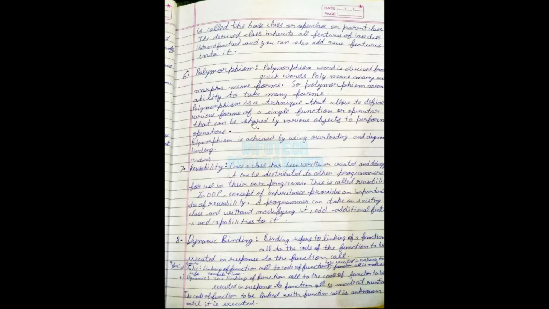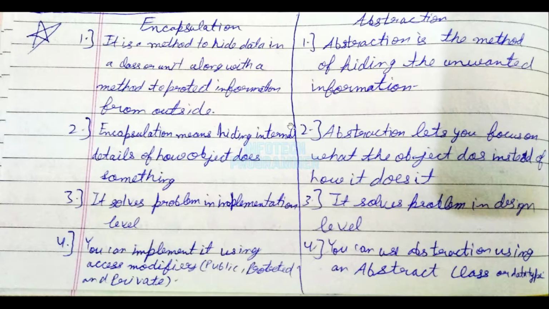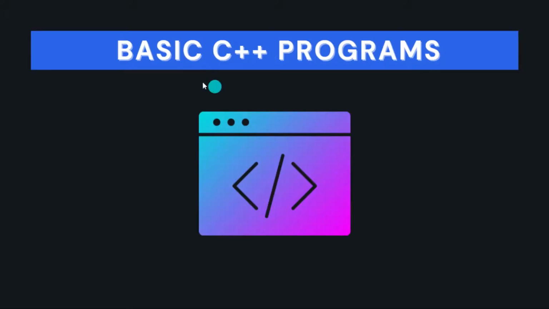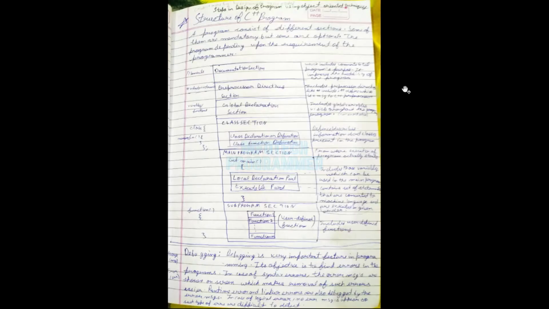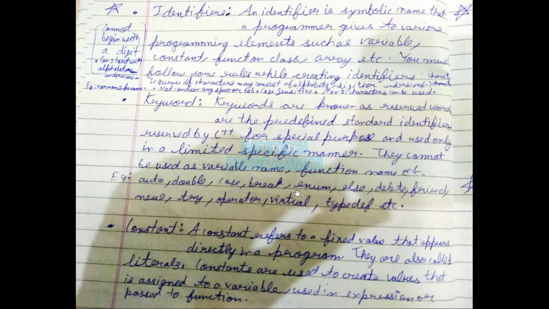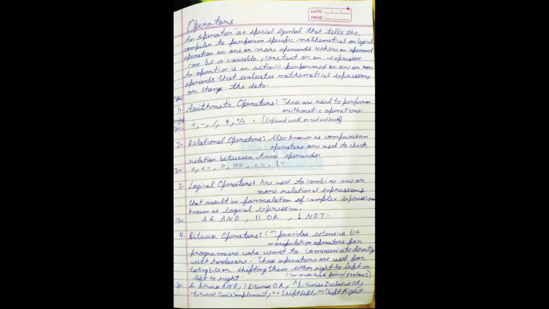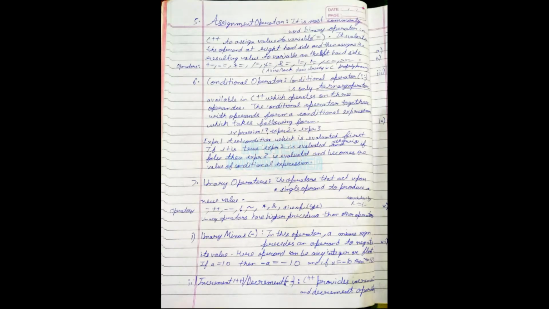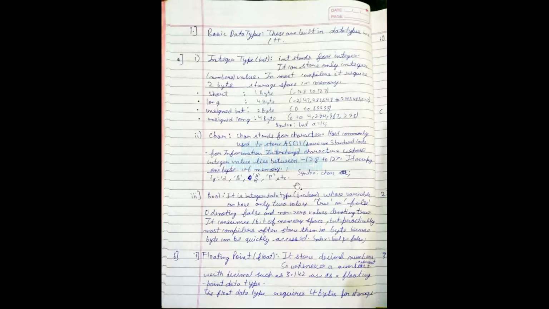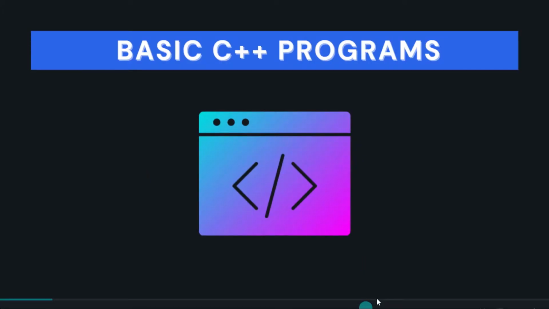These are the object-oriented programming concepts related to C++ at the start, and then we have basic C++ programs. For the basic C++ programs, we must know the structure of a C++ program. I had explained this properly. After that, we have the basic terms of C++ like identifier, keyword, constant, etc. You are watching the notes here, and there is only theory. No program is visible here. Why? Because for programs, I have a separate section.